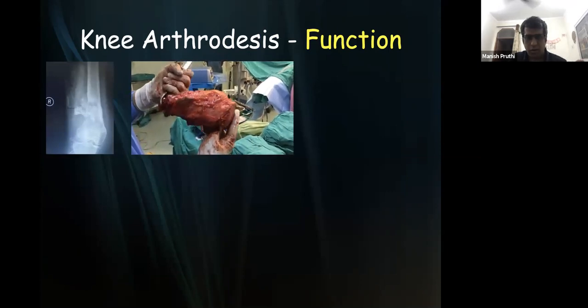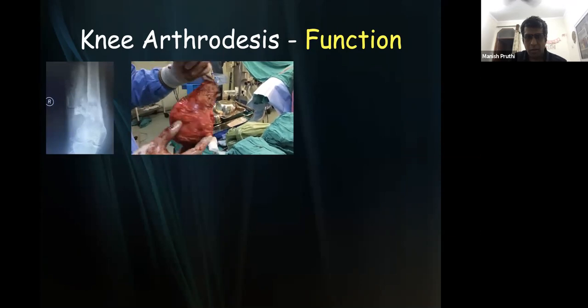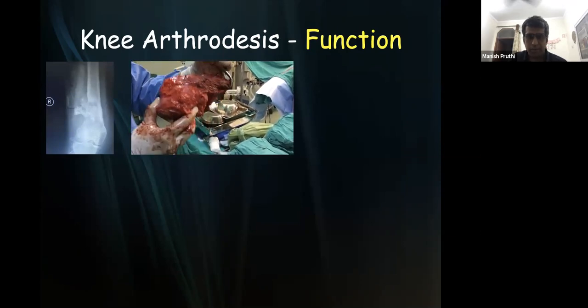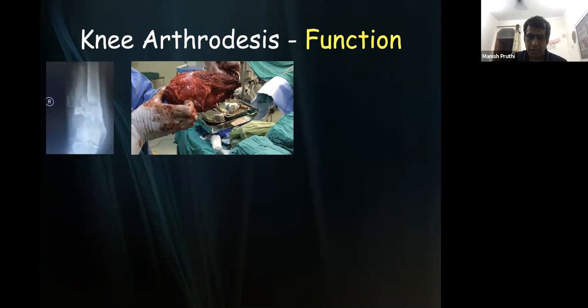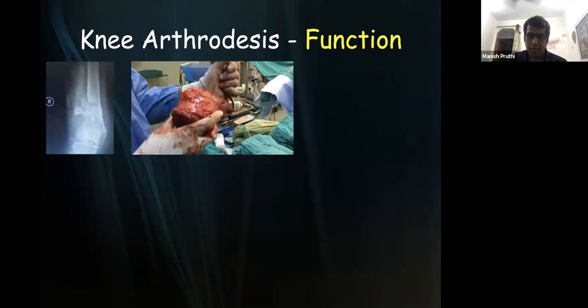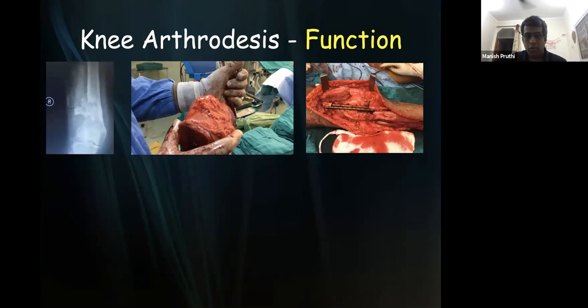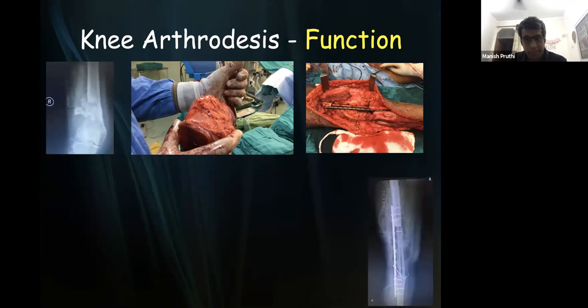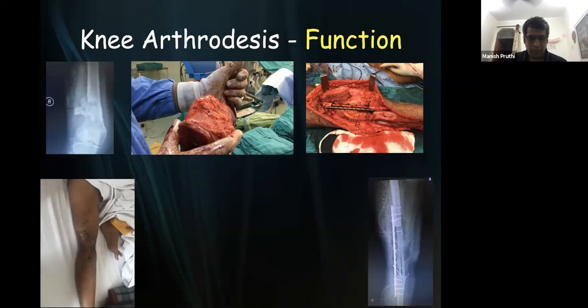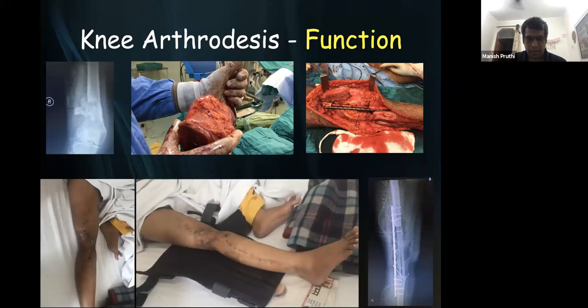You can see that the quadriceps mechanism, the patella, was resected completely with the tumor. And when the patient loses a complete quadriceps, you cannot reconstruct with a megaprosthesis. So we have to do a free fibular arthrodesis. We have used a long plate from the femur to tibia, as you can see in the X-ray, and we used a double barrel fibula. We harvested a long fibula, split it into two, and this was put into the defect. This was the final clinical picture, and this is the function.